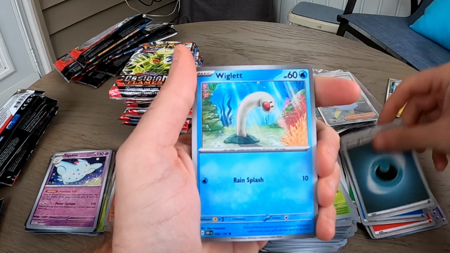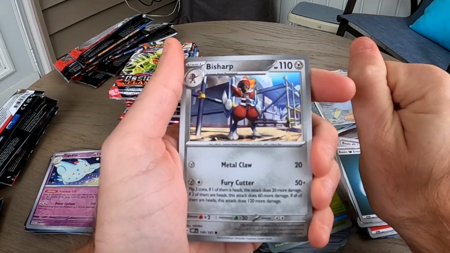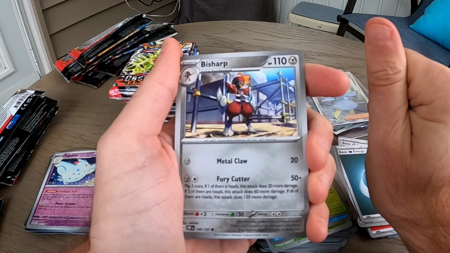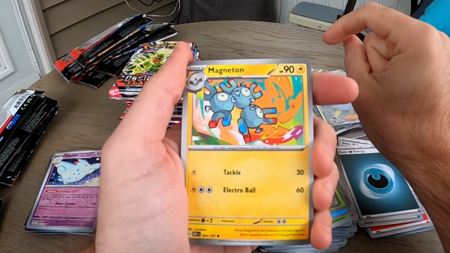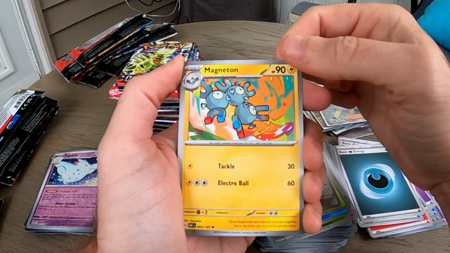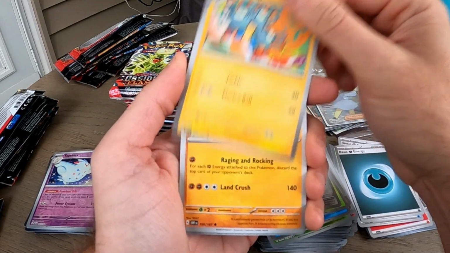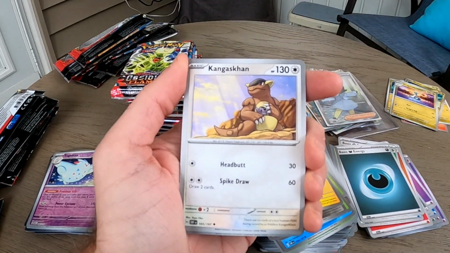Dark Energy, we have, and I'm not even looking at that Pokemon. Shuckle, we have Bisharp. Now he looks cool. Kind of standing up very tall in what looks to be a construction zone for some reason. Oh, Magneton. Yo, look at that. Very colorful, almost a psychedelic look to it. I don't really know what they're going for, but that is a cool Pokemon. Whiscash. All right. Oh, Kangaskhan. Whoa, these are new ones. Kangaskhan looking